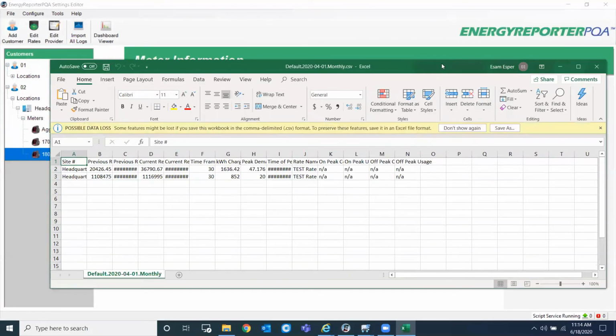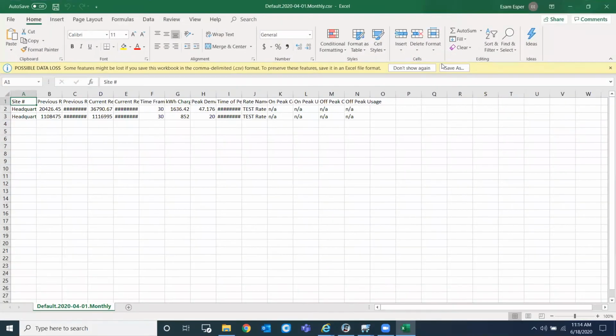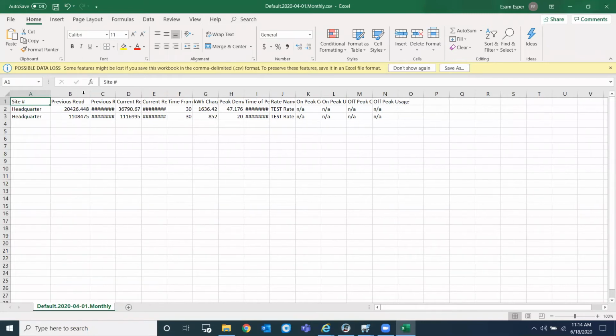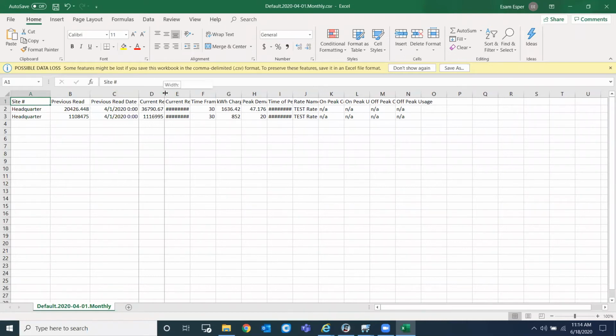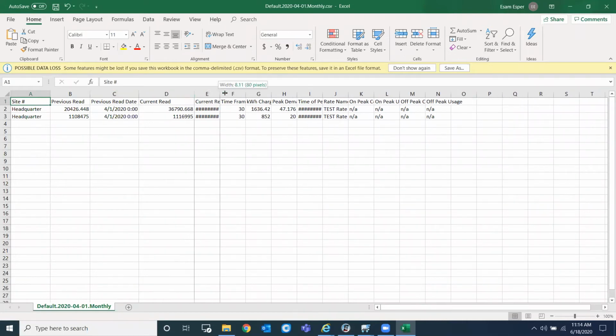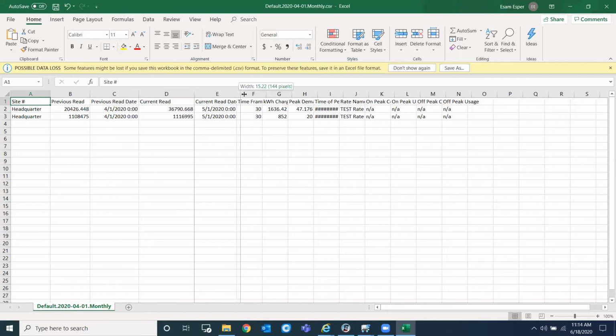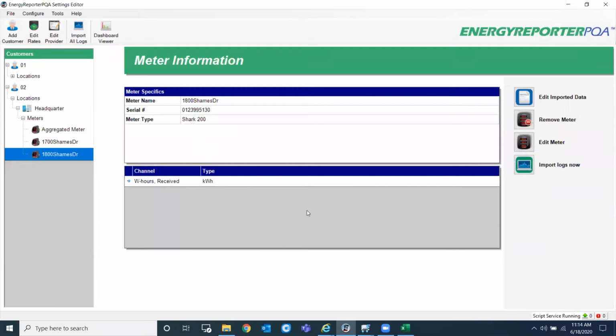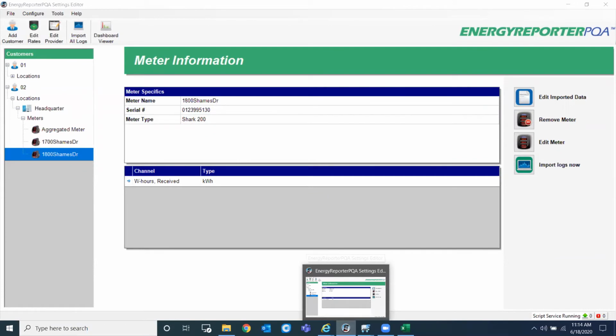So as you can see, I got an Excel sheet report here, and it's showing the site number, previous read, and the previous read date, then the current read, and the current read date, and the other information. So I will keep this here, and let me show you where that information comes from. So going back to the setting editor,